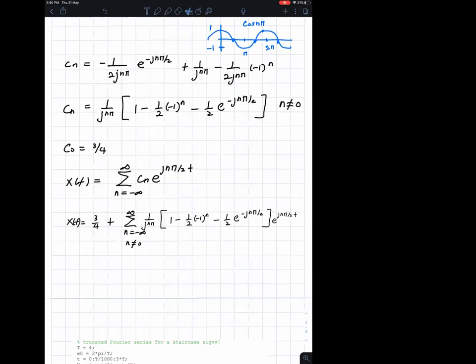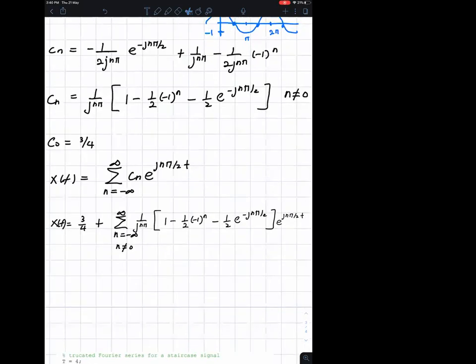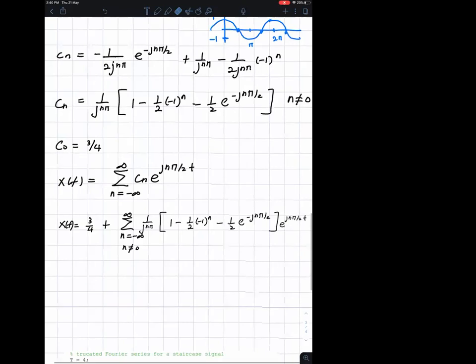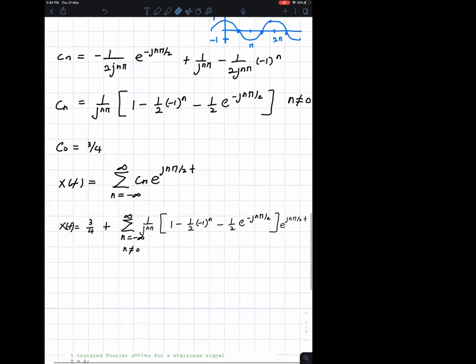Okay, this is the complete equation that you need. You can see, last time when we were doing assignment 1, this was F0, isn't it? We call this F0, and then we call this Fn. Here we're calling this Cn. You can use Fn or F0 if you like. This is from a previous problem. They were using C, so I was just using C, but you can also use the others. So what you need to do now,